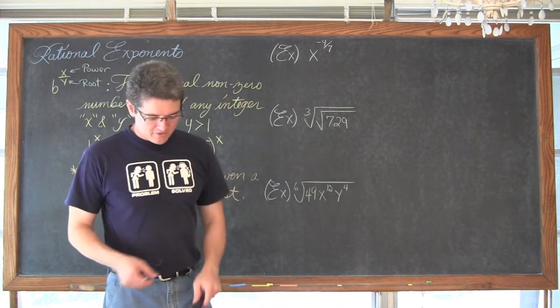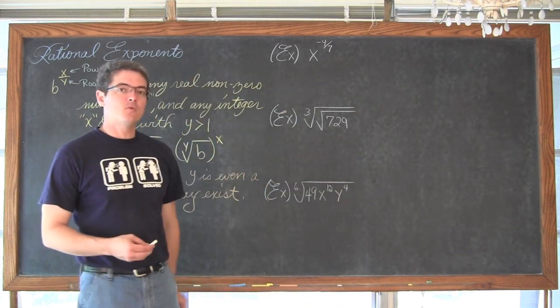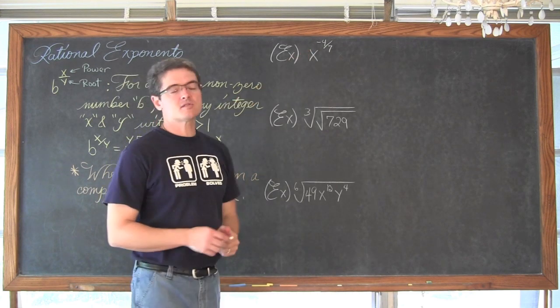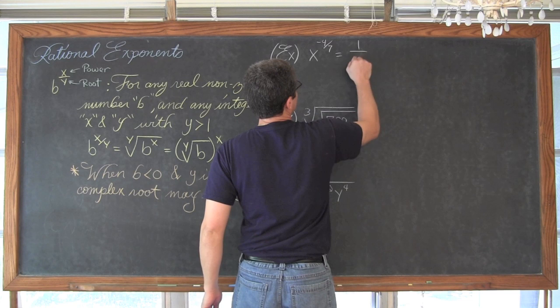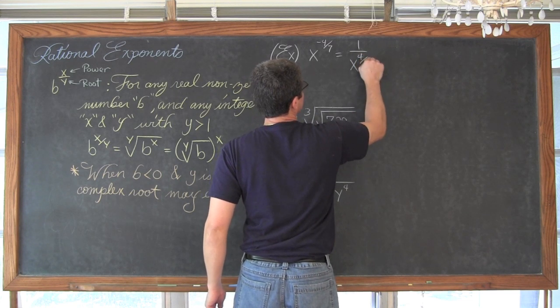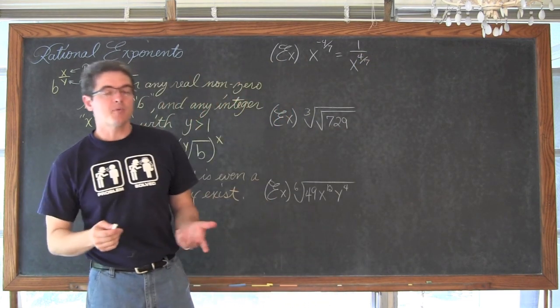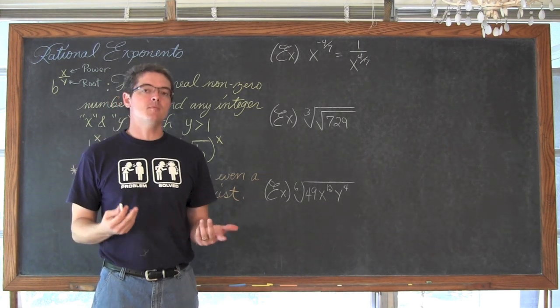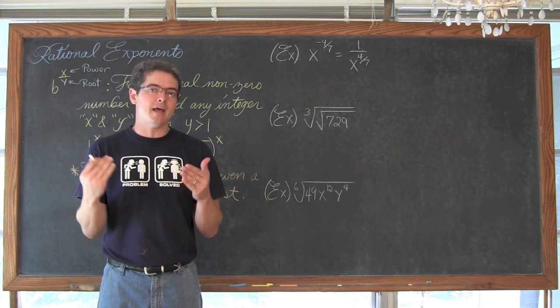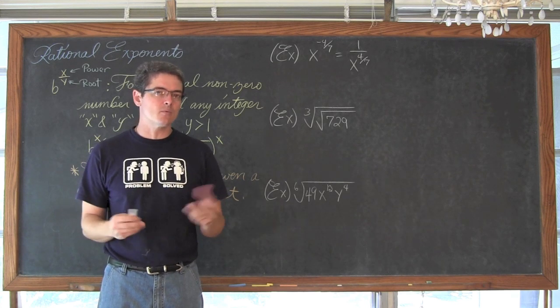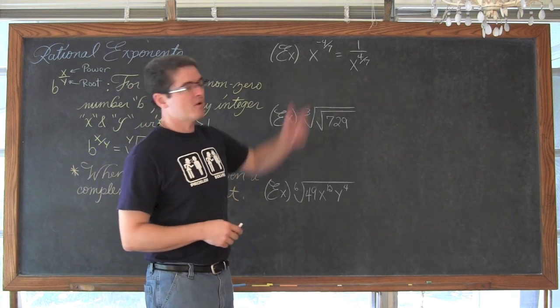This first example of what is remaining, we have x to the negative 4/7 power. Okay, we're going to write that so we don't have the negative exponent, which means we're going to have 1 over x to the 4/7. Well, I just did a problem where we had to rationalize the denominator because we had a fractional exponent in the denominator. That is having a radical sign in the denominator. We don't like that. So we have that problem here.